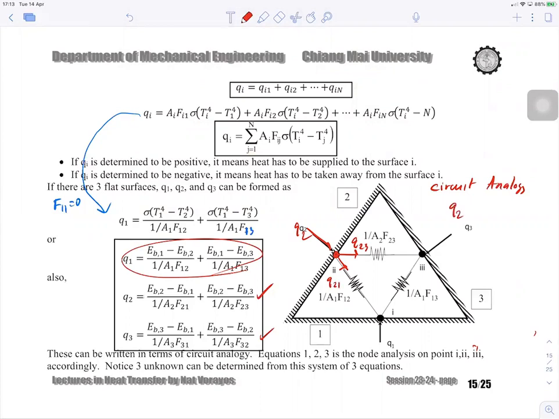So basically, Q2 is going to be equal to Q21 plus Q23, right? So what is the Q2? Q2 is going to be equal to,